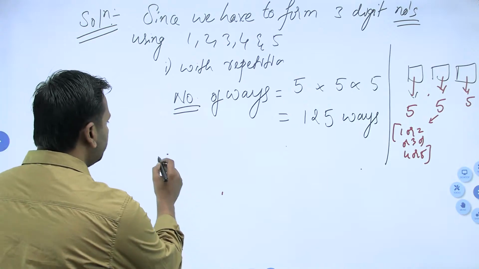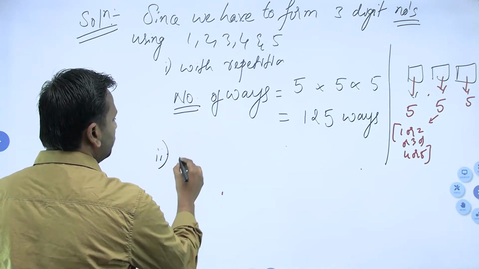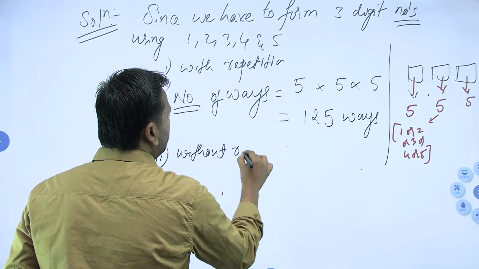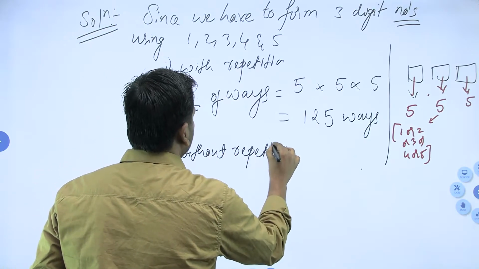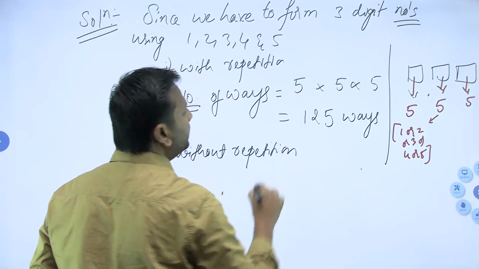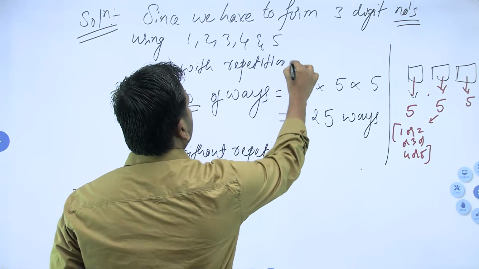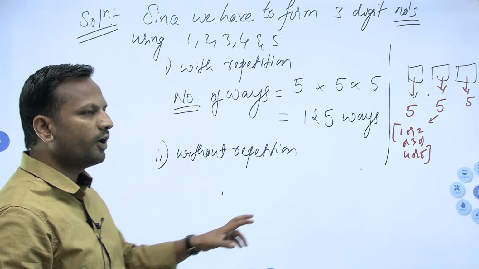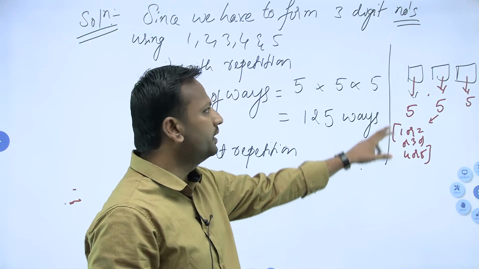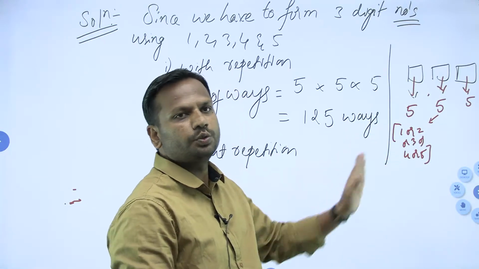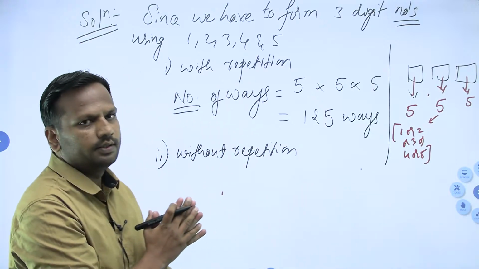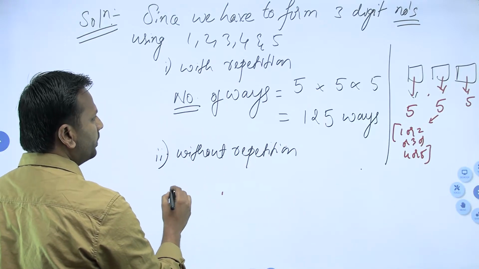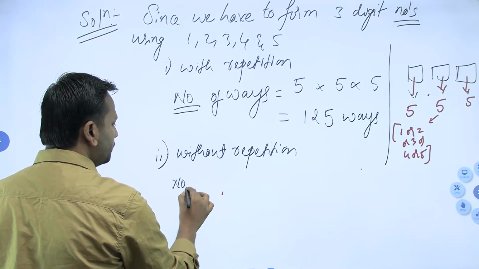And what is the second case, students? Without repetition. Repetition is not allowed. Here with repetition, here without repetition. Without repetition means, as I told you, if you use one of the numbers in the first vacant place, that number you should not use once again in the next 2 vacant places. So without repetition, in what way should you write here? The number of ways is equal to